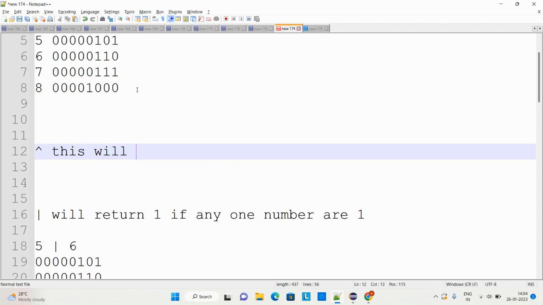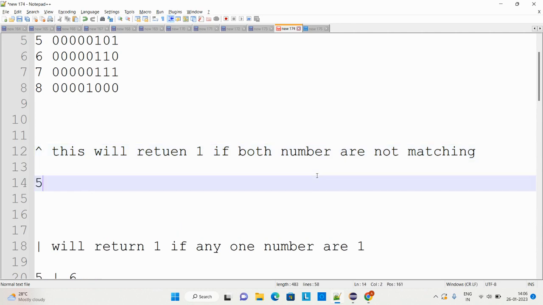It will return 1 if both numbers are not matching. So if both the numbers are not matching, in that case it will return 1. So we'll simply take an example. We'll say 5 or